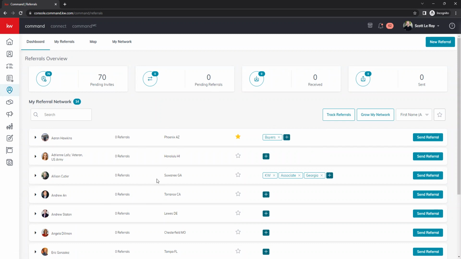So this is just the dashboard, just gives you an overview of pretty much what's within each of these tabs up here. So if we go up and go under my referrals,